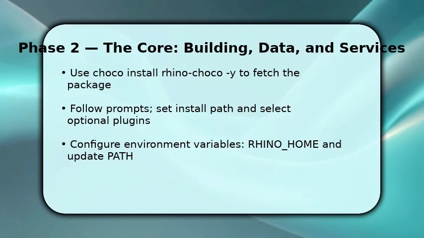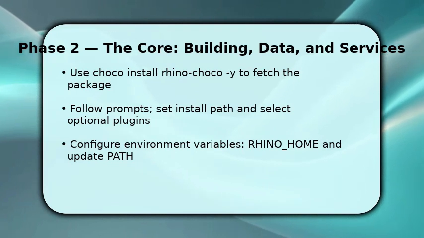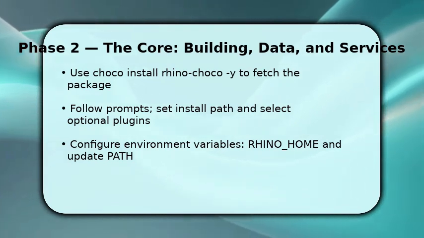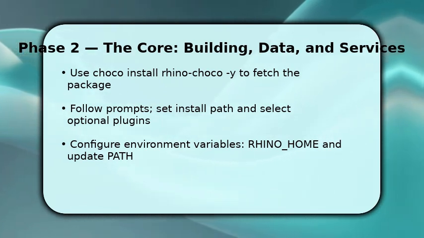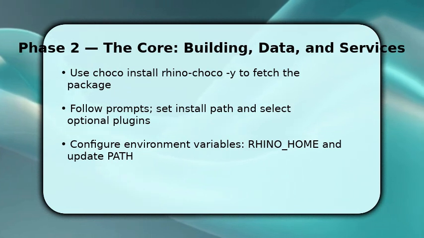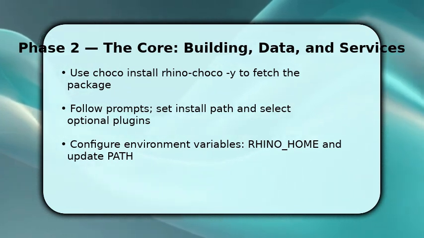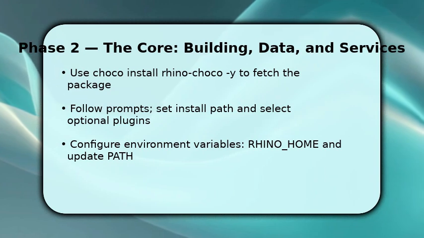You now perform the main installation. Run choco install rhino -y and watch the output. Respond to any prompts for install path or optional plugins. Once the package extracts, set RHINO_HOME to the chosen folder and append %RHINO_HOME% to your path so